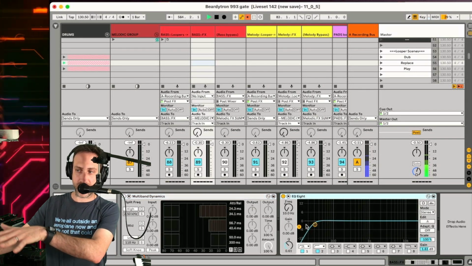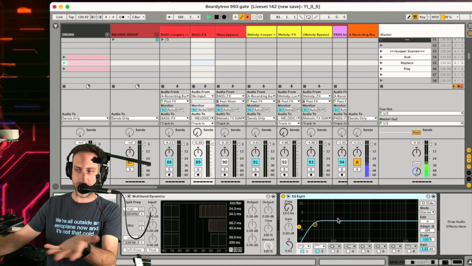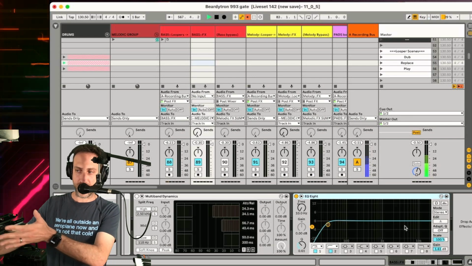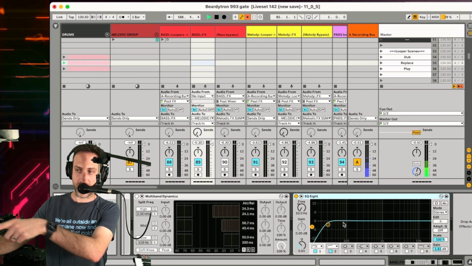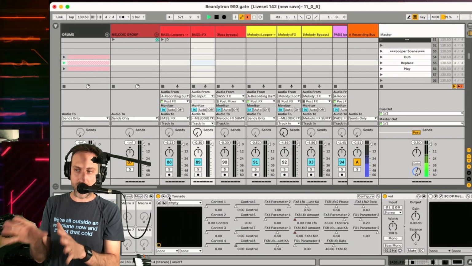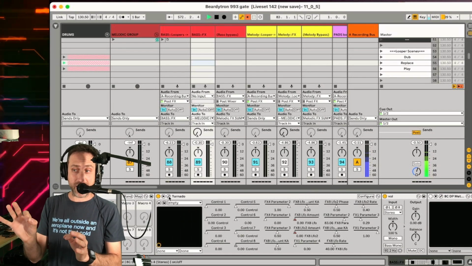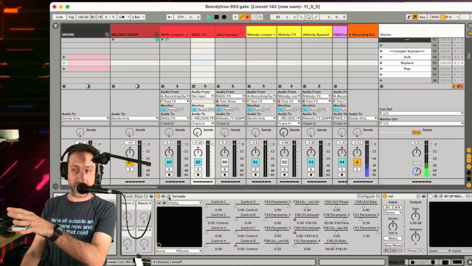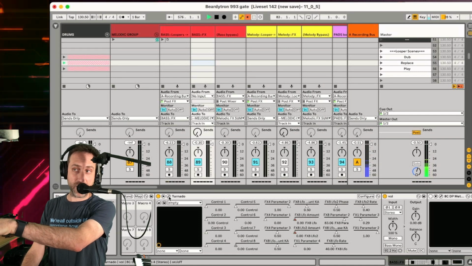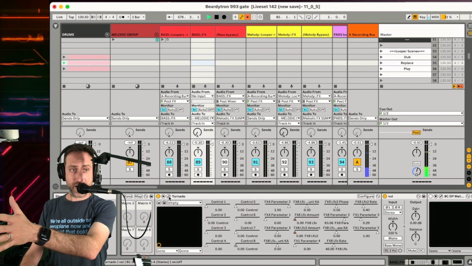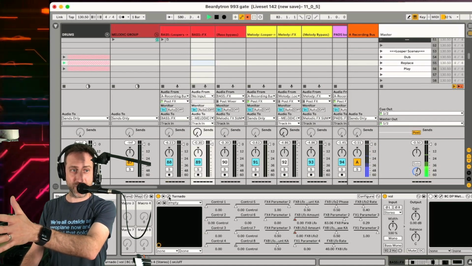There's an EQ8. That's Ableton's EQ. I'm just using that for basic filtering, high pass. I think it's just high pass in this case. But here's Turnado. It is all I've got in the bass track. That is actually no longer true at all. It is still true in the context of that particular bass FX channel, which all my bass loopers go through. But in the context of what I'm doing now,